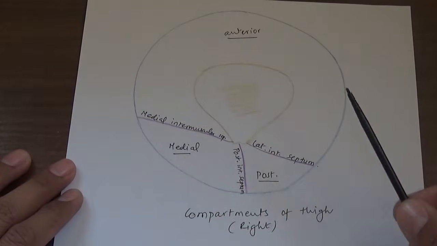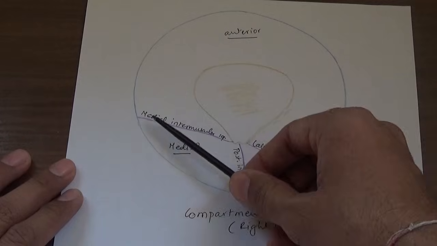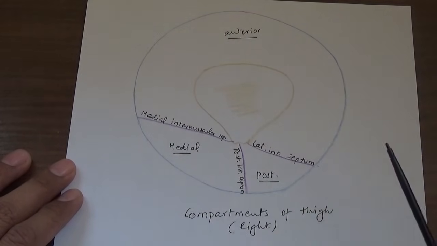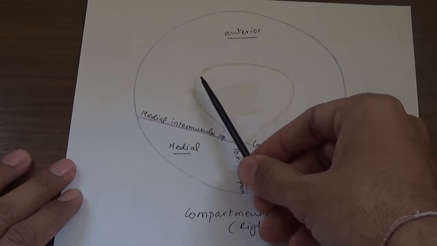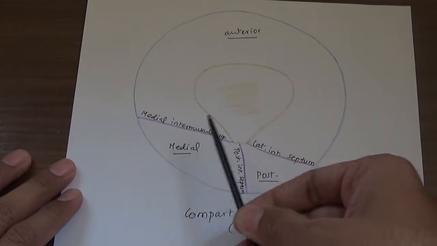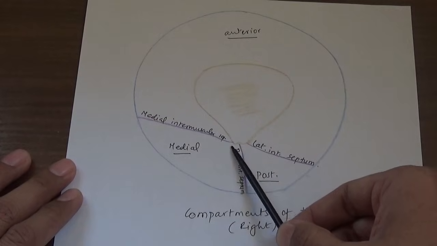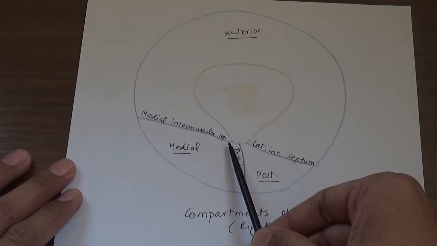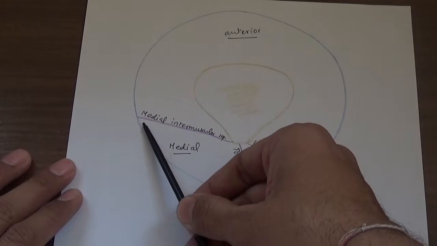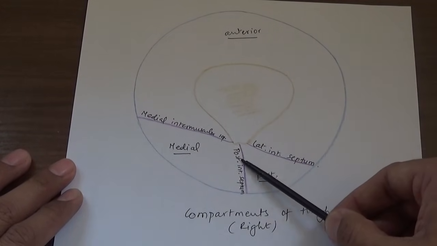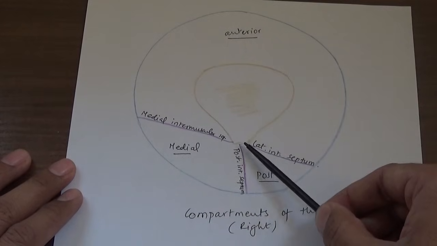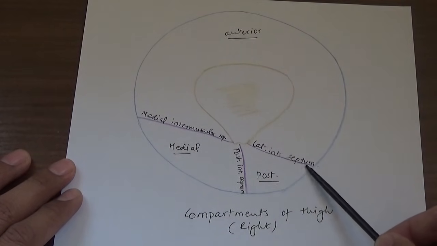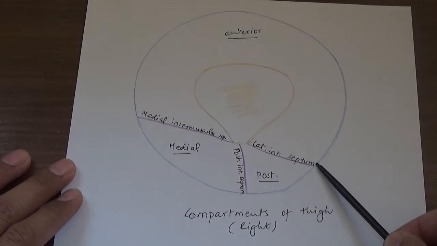Now in the thigh, there are three compartments and they are separated by three intermuscular septa which will merge with the deep fascia. So this diagram shows you the right femur with its cross section at the middle third, showing linea aspera with medial lip, intermediate area and lateral lip. So the medial lip is providing attachment to the medial intermuscular septum, the intermediate area to the posterior intermuscular septum, and the lateral lip will provide attachment to the lateral intermuscular septum, which is very thick and which will merge with the iliotibial tract.